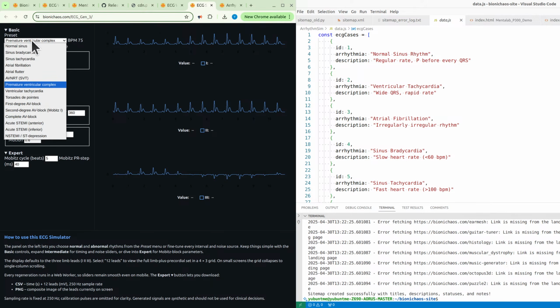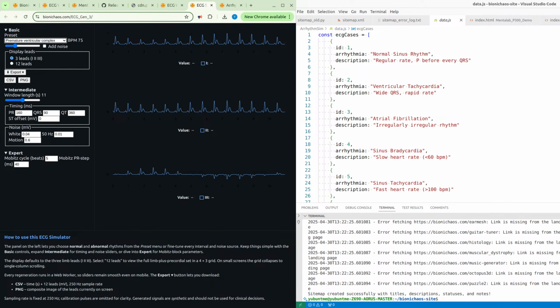So it's kind of nice. Should ideally combine it with the ECG generator. This is the third version of it.